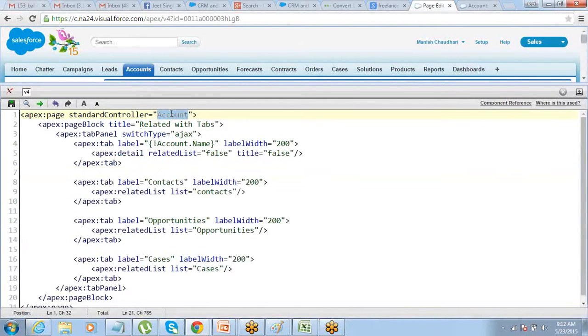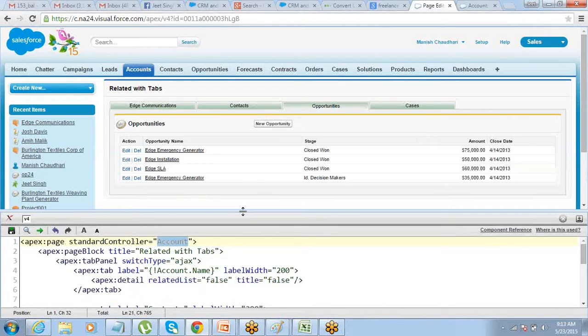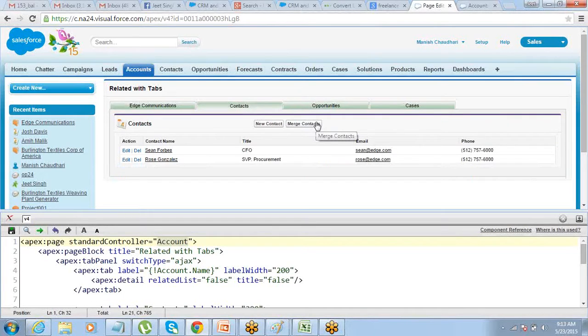If you go back to what we were discussing in our last session, if I connect a page to an object, I will be able to access data from that object only. Now if you see, I am able to access contacts, opportunities, cases also on this page, right? So if it's a standard controller from account, it should only show me accounts, right? I am able to access contacts, opportunities, and cases, but through account only. All right. So you cannot bring in a contact directly here. You got that? So that is the problem with the standard controller page. I cannot go and access any other object directly.